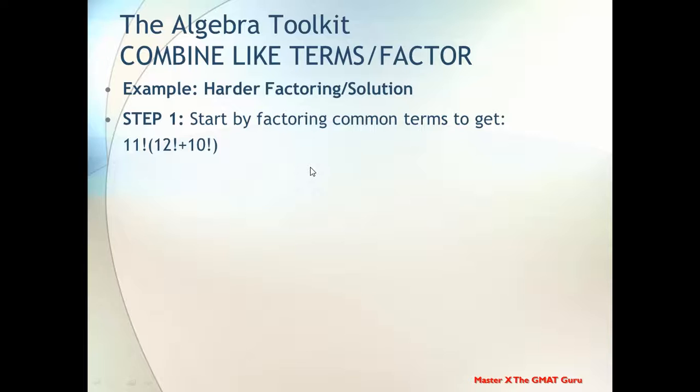Step number one, start by factoring common terms. So remember the problem previously? It gave you 12 factorial times 11 factorial plus 11 factorial times 10 factorial. So obviously 11 factorial is a common term. So you factor that out as if it was a simple number, right? So you have 11 factorial times, in parentheses, 12 factorial plus 10 factorial. Easy, right? Now, for step number two, recognize the fact that 12 factorial is nothing more than 12 times 11